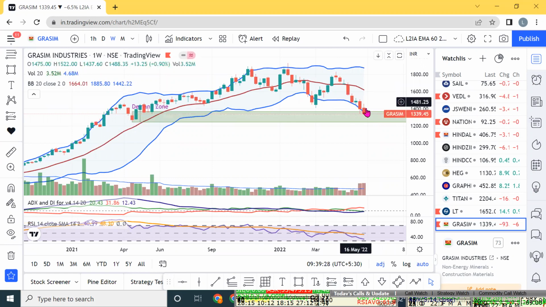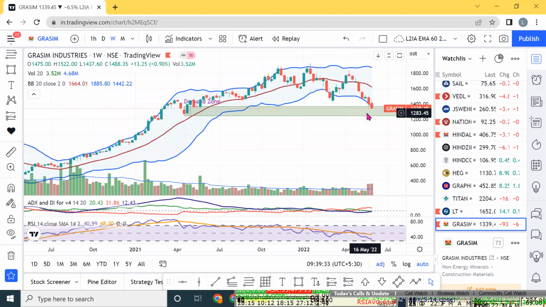So from here, if it doesn't go down up to 1260 levels, it will take a U-turn. It is already on the lower band of the Bollinger. So there is a possibility it will move up. But if you see the RSI and the ADX,